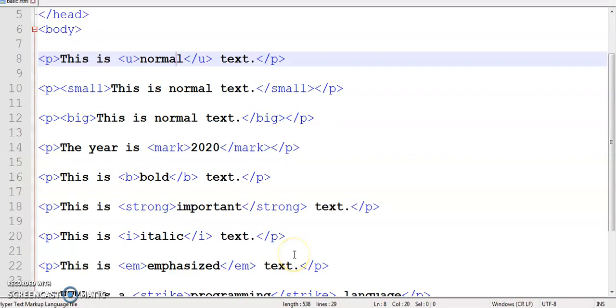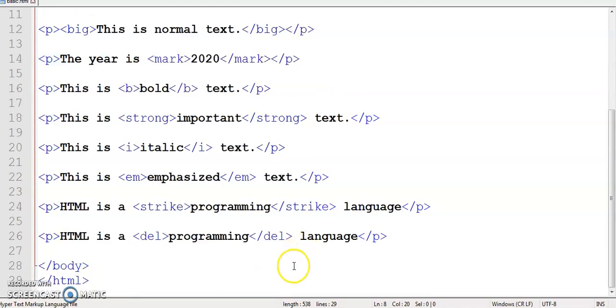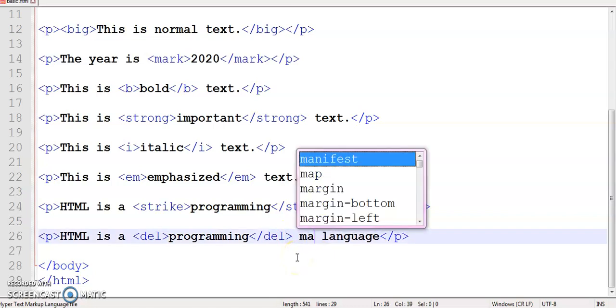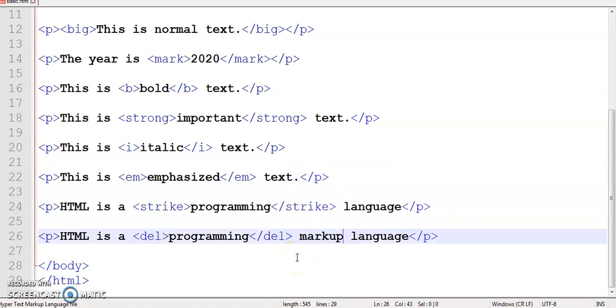Now the INS element defines a text that has been inserted into a document. INS is a semantic element which will tell the browser that this piece of text is inserted into a document. So we know HTML is a markup language, so I am writing markup, and as this is inserted later, I am going to wrap this inside the INS element.